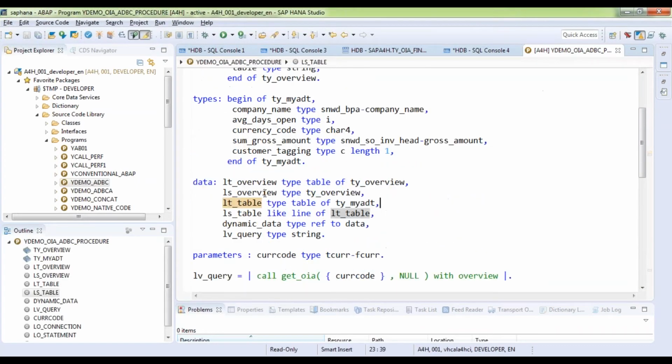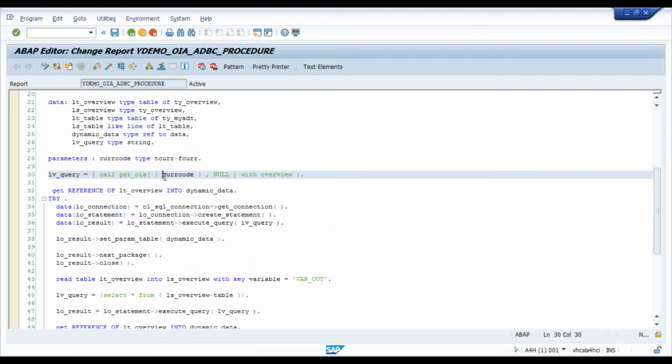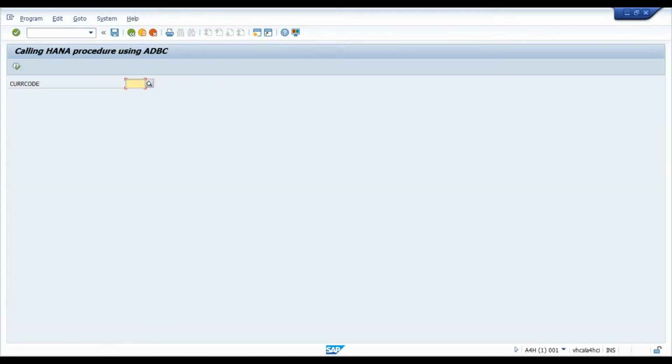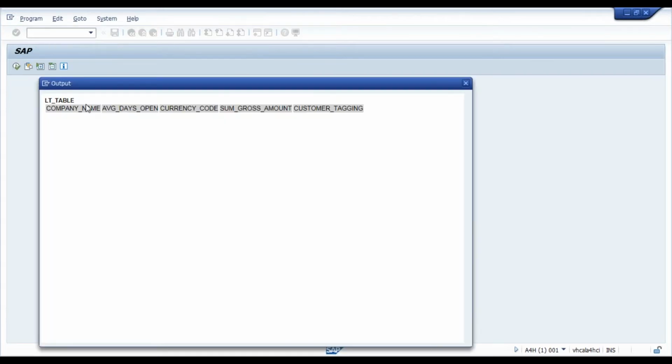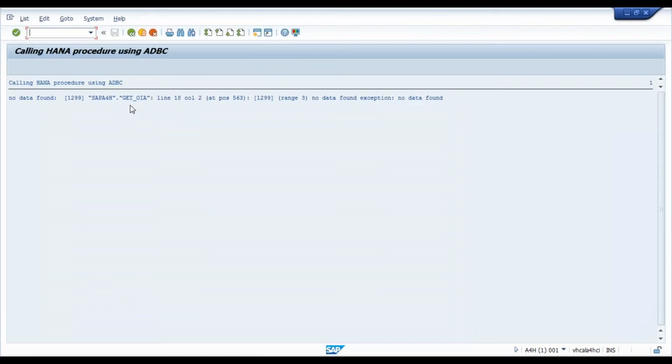So let's come back, update our program, and we should add a single quote around it. So let's add a single quote here, and then a single quote, of course, here. Save this, and let's activate it, and let's see what happens now. Execute it. Euro once again. Better I pass capital euro. Execute it. Still some problem. Let's close it. We'll see the error.